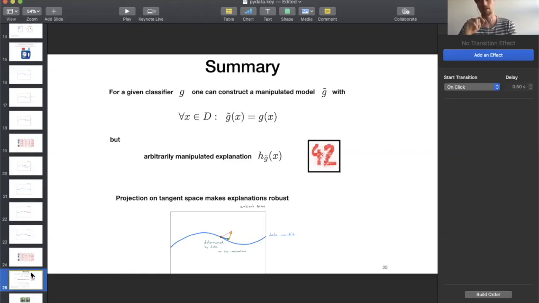There's no approximation involved. And so the behavior on the data manifold is exactly the same. What is not the same is the explanation, right? And so the bank can still run exactly the same strategy, if it wants to,